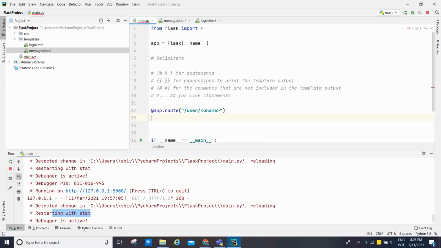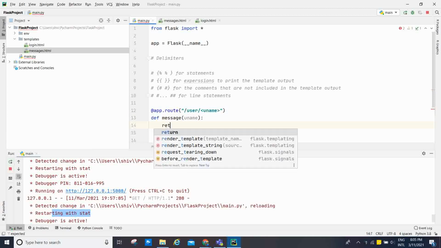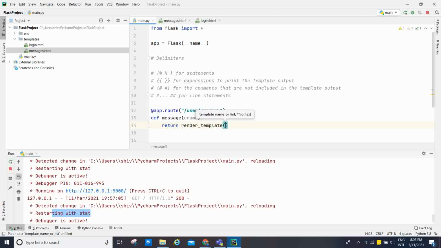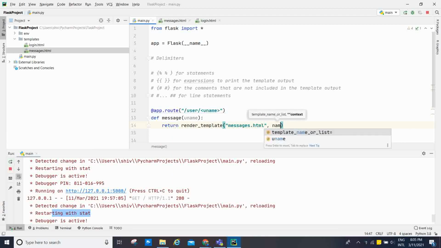I'm going to define the messages function. I'm going to pass the uname, and after that return render_template messages.html, and name equal to uname.